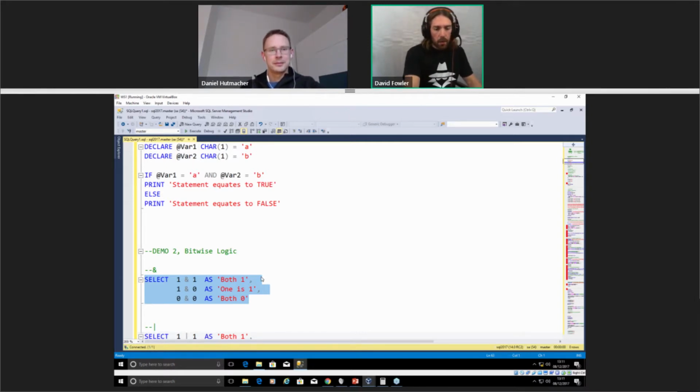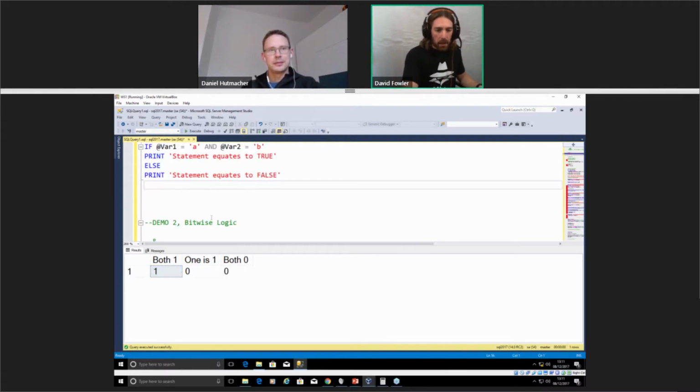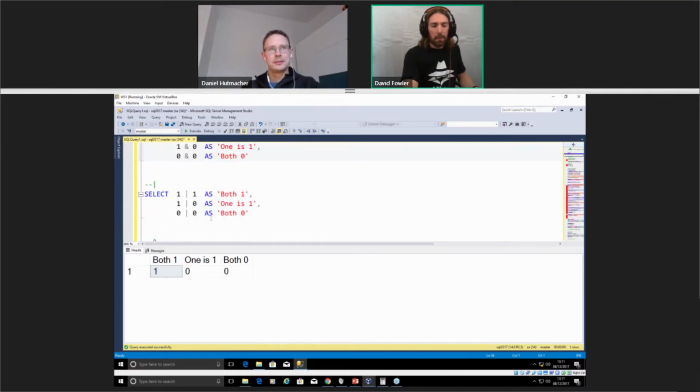If we run that, we can see that this works in a very, very similar way to our Boolean AND, where both bits are a 1 or true, we're going to get back a 1. Where one bit or the other is a 0, we're going to get back a 0, and if both bits are 0, we're going to get back a 0. So that's a bitwise AND. What about a bitwise OR? Well, let's do the same thing. Let's build up this truth table.